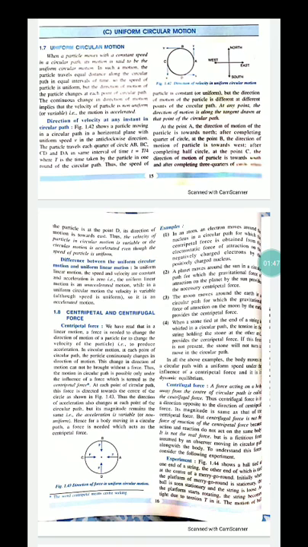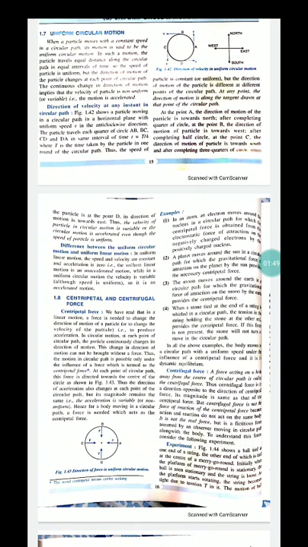Its value is based on three factors: number 1, the velocity of the object as it follows the circular path, number 2, the object's distance from the center of the path, and number 3, the mass of the object. Now the formula of centripetal force equals mv square by r, where m equals mass of the body, r equals radius of the circular path, and v equals constant speed.